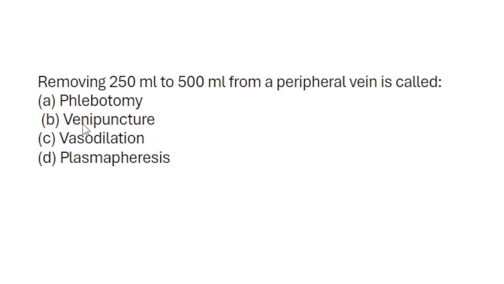First question, removing 250 ml to 500 ml from a peripheral vein is called: A. Phlebotomy, B. Venipuncture, C. Vasodilatation, D. Plasmapheresis. So the answer is A. Phlebotomy. Phlebotomy means